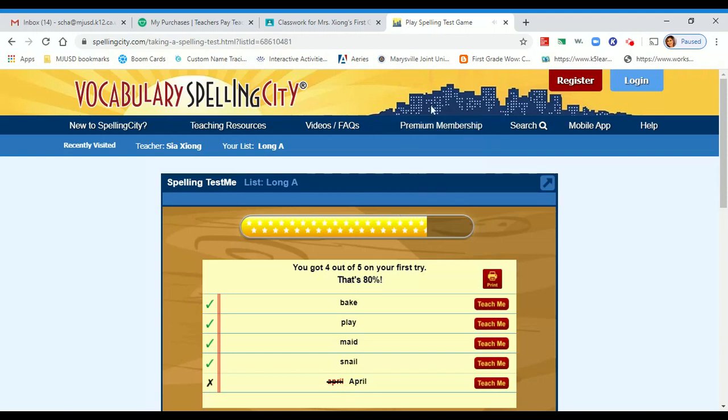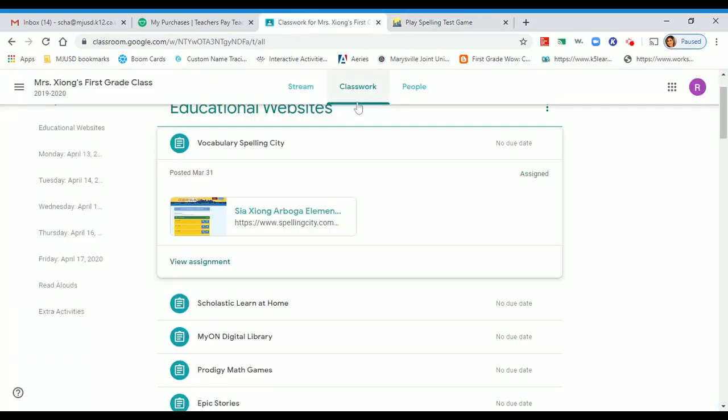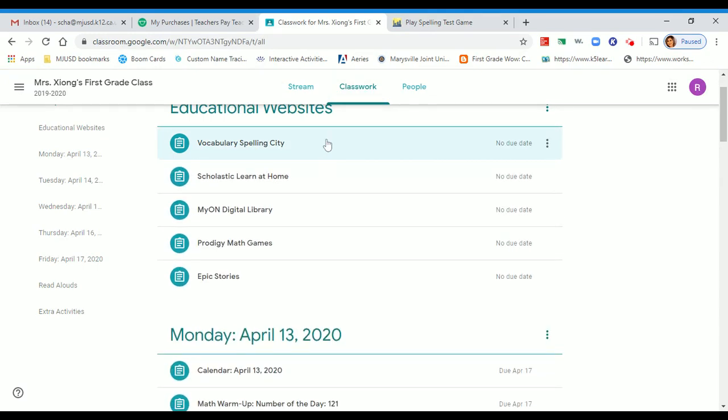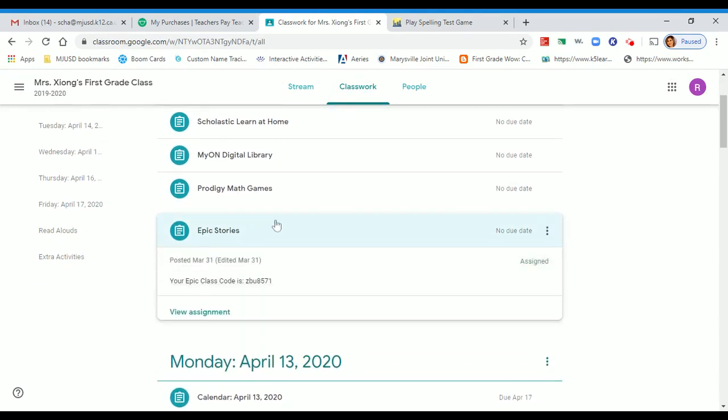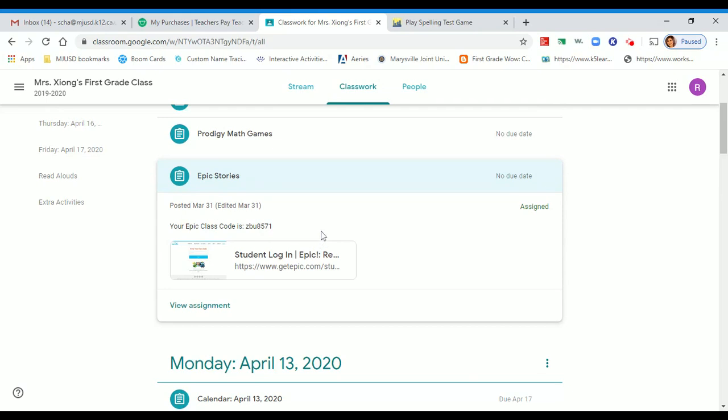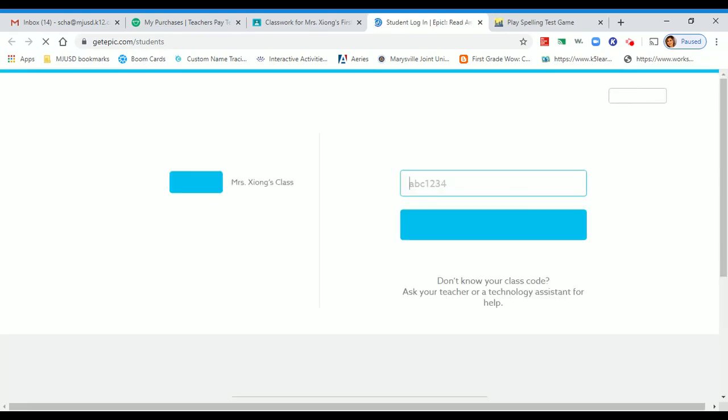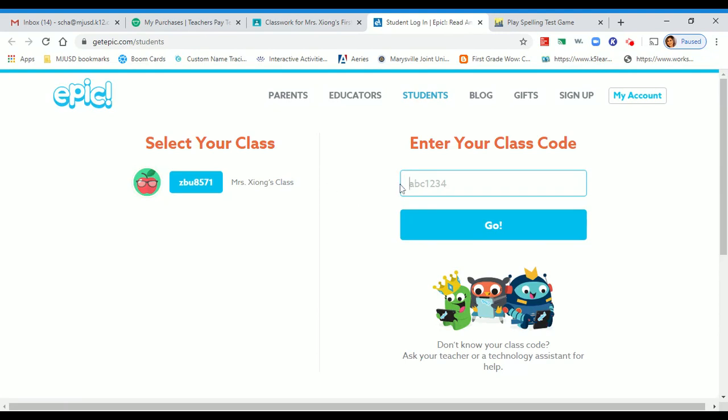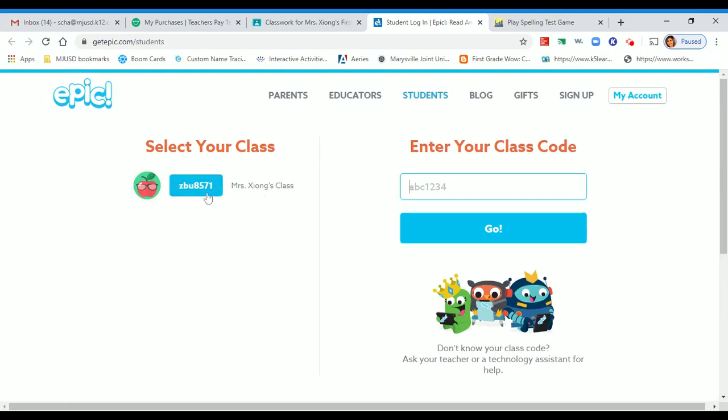So if I'm done with this, I can click out, or if I want to go back to the classroom, I would go back here and click on the classwork for Mrs. Long, and then that's Spelling City. And then on Epic Stories, I try to assign books every week. Here's the class code here. If you click on here, it would take you automatically to the site. And if you want, you can enter a class code, but it's actually here. So you would just click on here to go onto